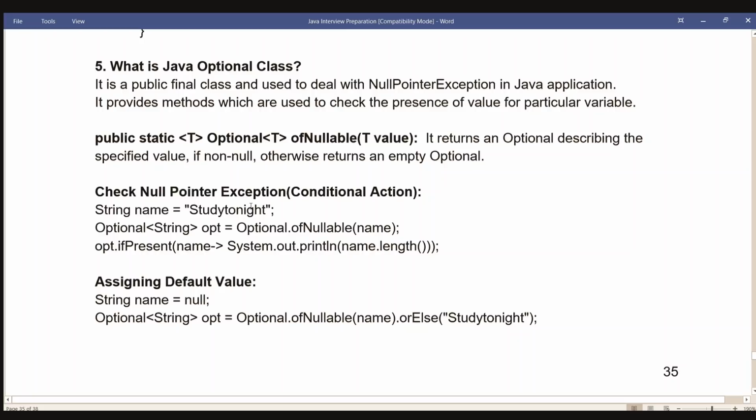Check null pointer exception, conditional action. String name = "StudyTonight"; Optional<String> opt = Optional.ofNullable(name); opt.ifPresent(name -> System.out.println(name.length())). Assigning default value: String name = null; Optional<String> opt = Optional.ofNullable(name).orElse("StudyTonight");